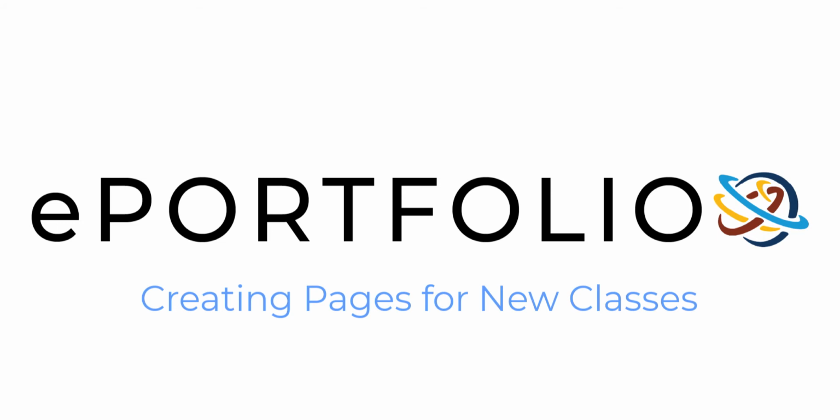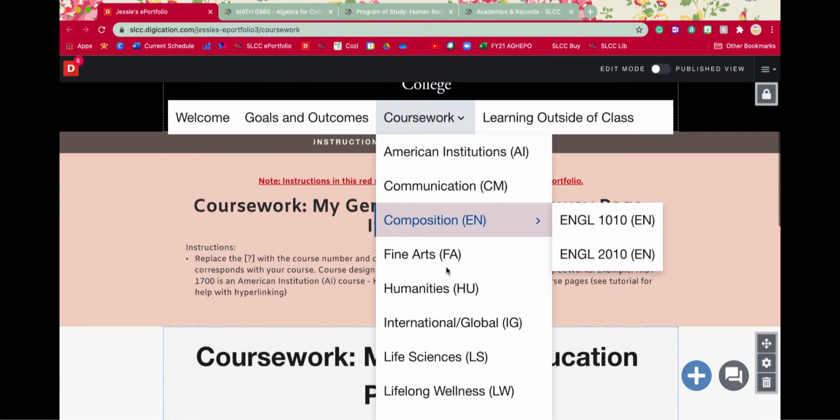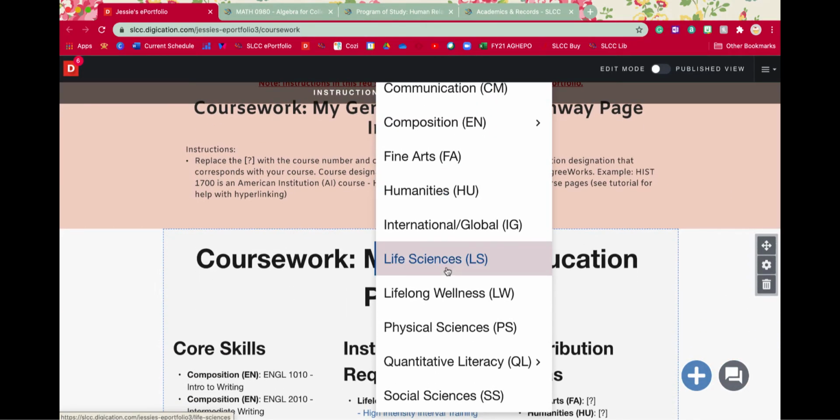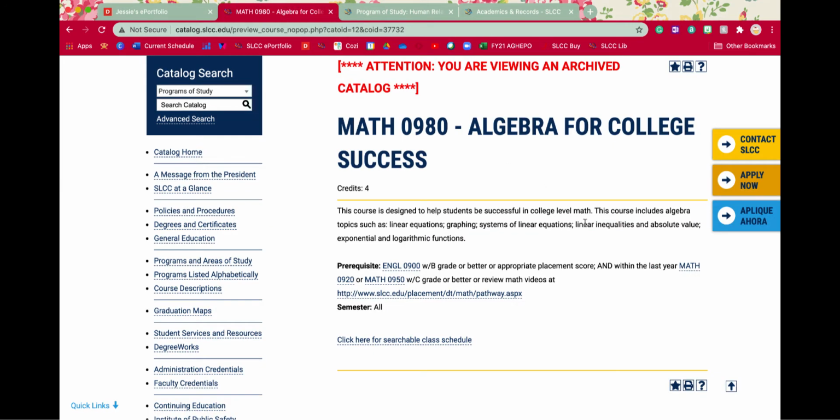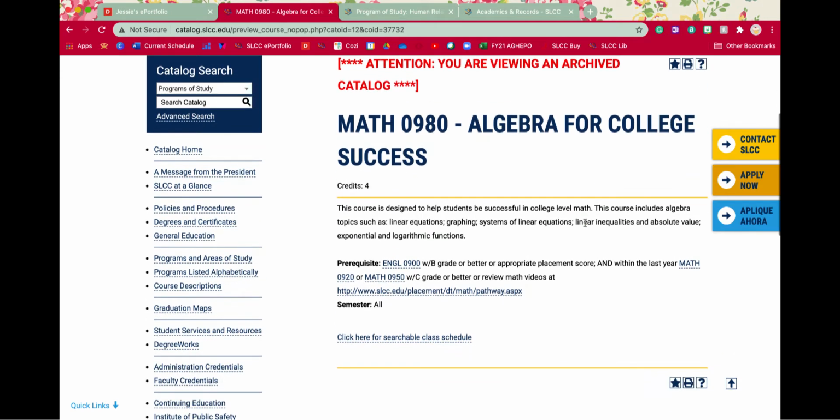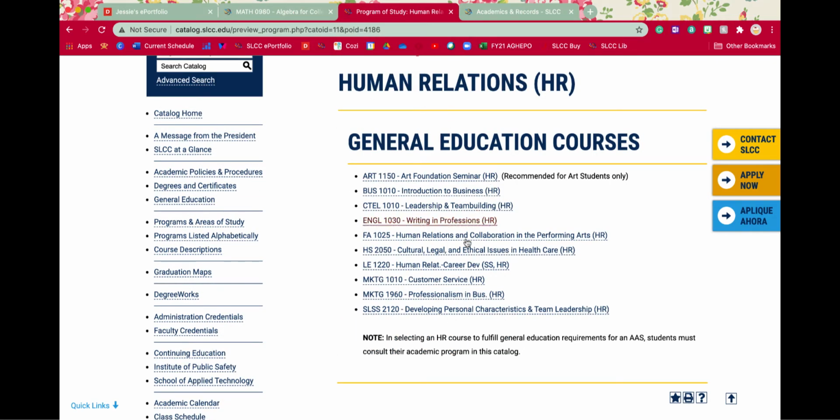In this tutorial, I'm going to quickly show you how to add a new course page to your ePortfolio, especially for those courses where you might need a duplicate page that's not included in your template, or maybe you need a page for a certain course that isn't a gen designation, such as a Math 980. You can see this one doesn't have a designation, or sometimes you're taking a course that is designated but there